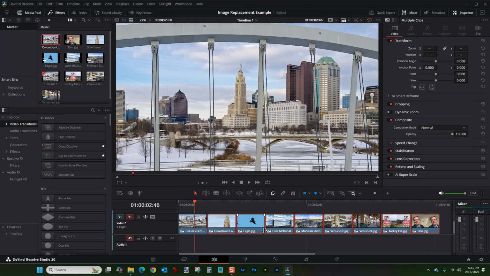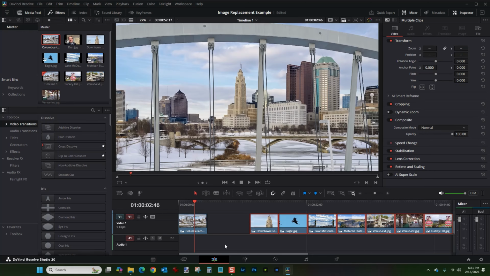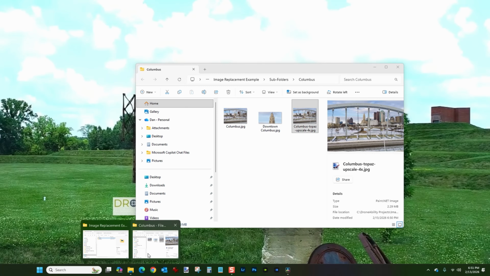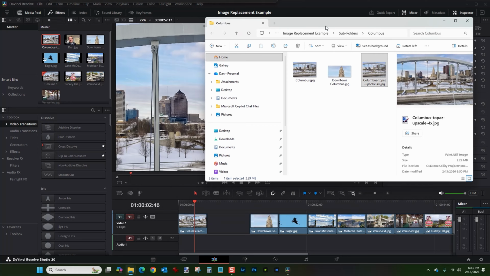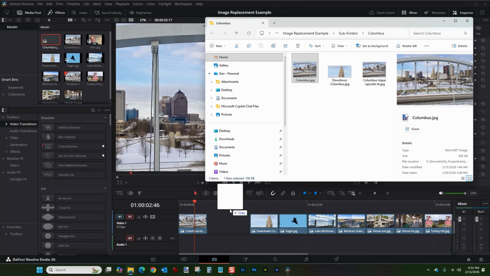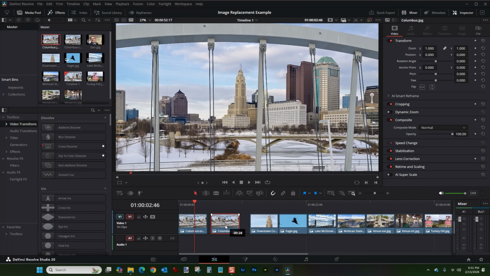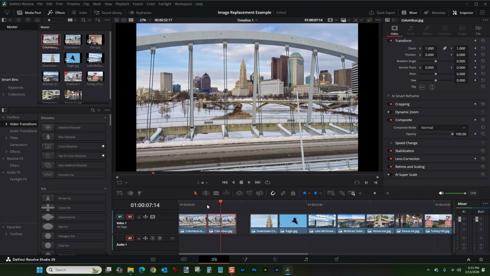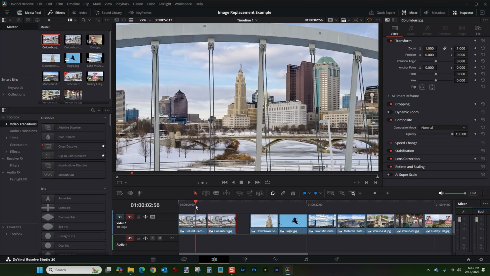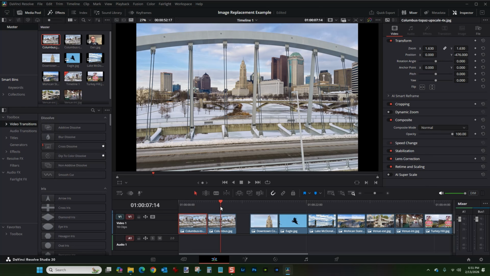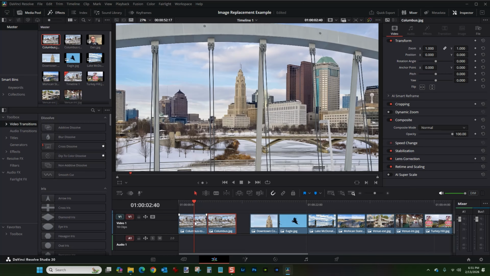And just for chagrins, let me just move this over here and bring in the old image. So here's the original image. Well, first of all, you can see right now that this image was not scaled, of course, because it was just brought in. So if I want to scale this image to match this image,